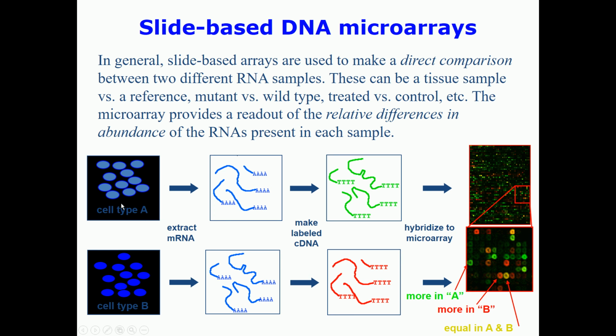So suppose we have these two kinds of cells. This is cell type A, this is cell type B. What you have to do, you have already bought the DNA chip. You have this chip here, because that's ready made. What you need to do on your part is extract mRNA from your samples, from your cells. Then you make the cDNA, complementary DNA, from the mRNA, and you label them with different fluorescent dyes. Suppose from cell A you are labeling with green, and with B you are labeling with